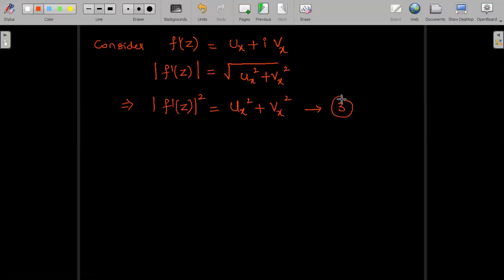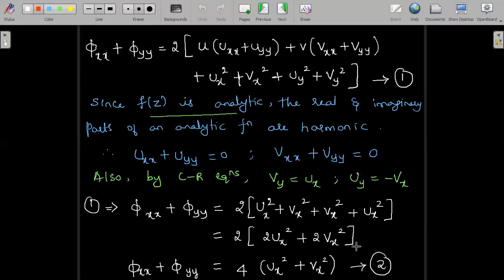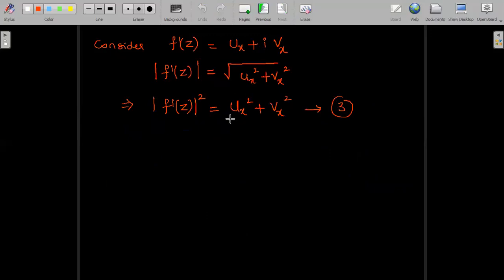Let me call this equation 3. Now observe equation 3 and equation 2. Ux square plus vx square can be substituted from equation 3 as mod f dash z whole square. What are we doing? Substituting equation 3 in equation 2. We get,